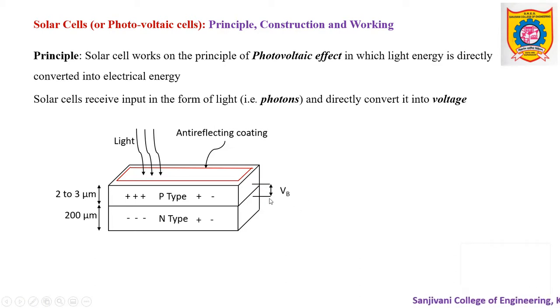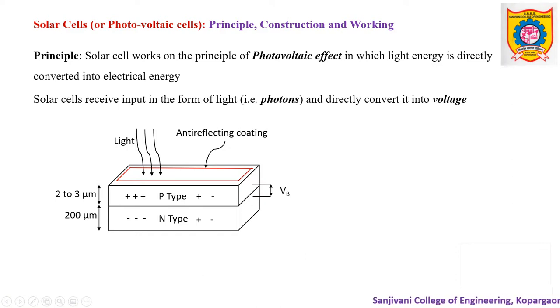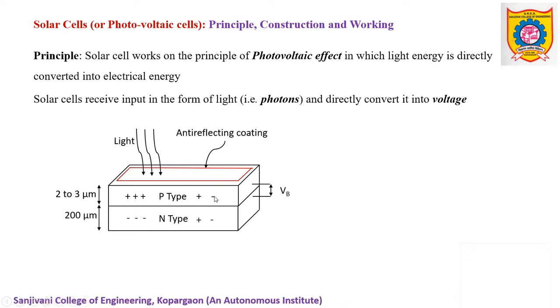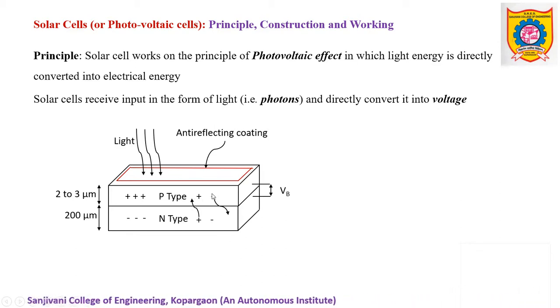Already I have discussed what this barrier potential is. Across this depletion layer, we have the development of this barrier potential, which has negative polarity towards P and positive towards N. Across the junction it is present. Now due to this barrier potential, these unwanted electrons will be shifted from the P region to the N region, and holes from the N region to the P region. Try to understand: of the number of electrons and holes extra created, few will be lost in recombination and few of them will be transferred to opposite regions.